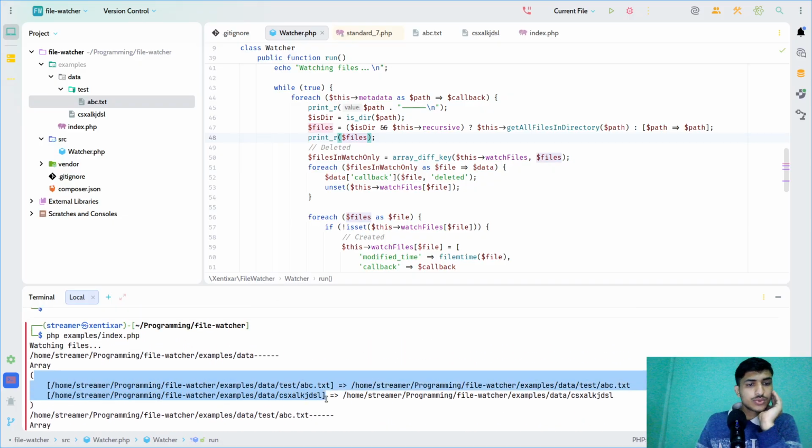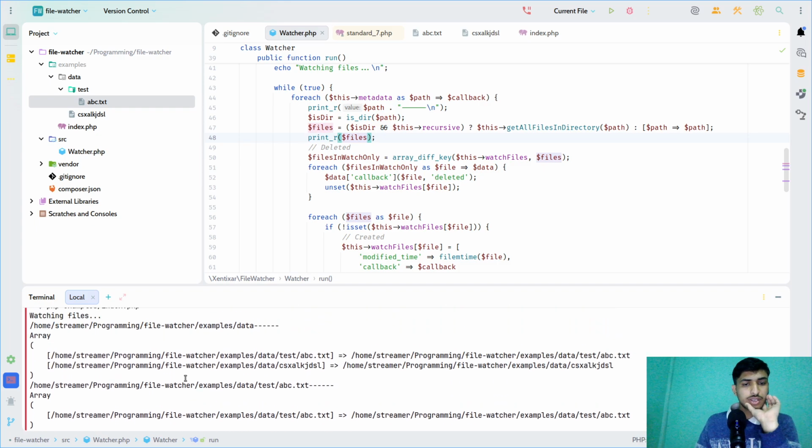So in the first case we have two files. In the second case we have this file, right? Okay, so in the second case,